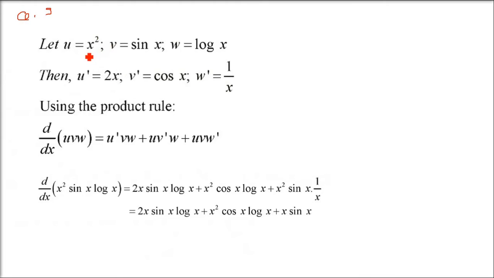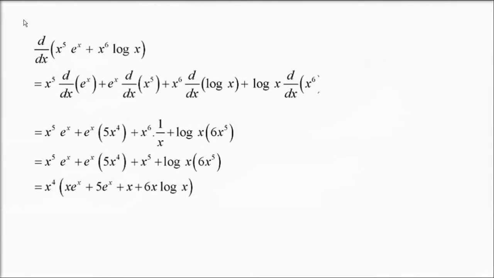Question number 9. Now we have x square, sin x and log x. So these are 3: u, v, w. So x square is 2x, sin x is cos x and log x is 1 by x. So we'll apply the rule. We have seen how to do this. So 2x and sin x log x. Then when we say cos x, it will be x square and log x along with this, that is u and w. When we take w dash 1 by x, you have to take u and v, that is x square and sin x. So it will be all like this. 1 x will get cancelled. No common we are taking, nothing. The same will be the final answer.